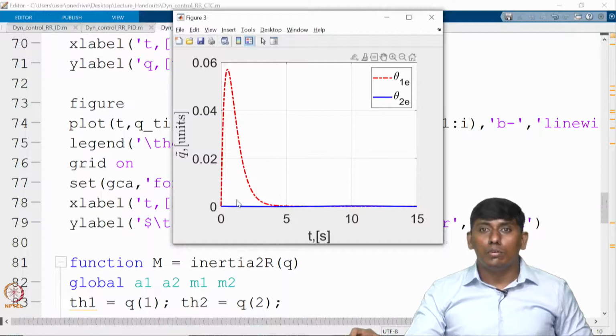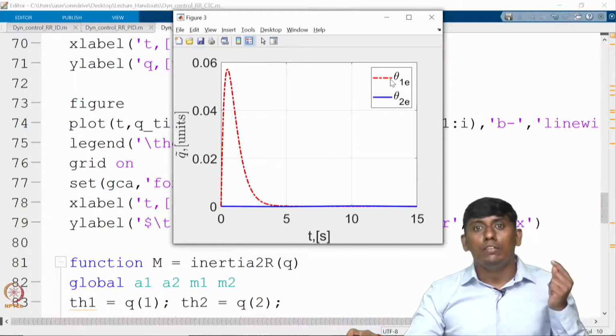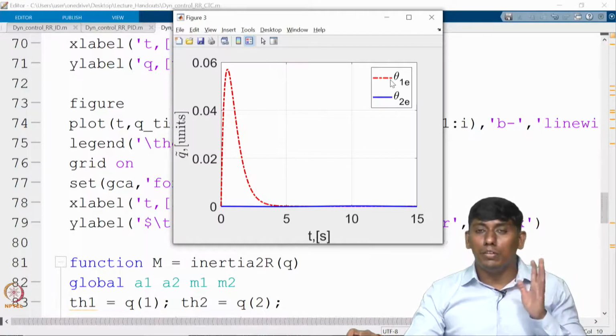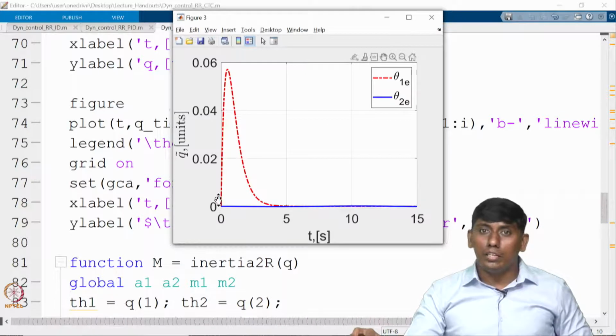The theta 1 dot is supposed to be non-zero, which is 0.2 times pi by 2, but we have not considered that. Because of that, to compensate for that velocity profile, the theta 1 error goes up and comes back. However, the theta 2 error is almost 0; in fact it is superimposed here at 0.